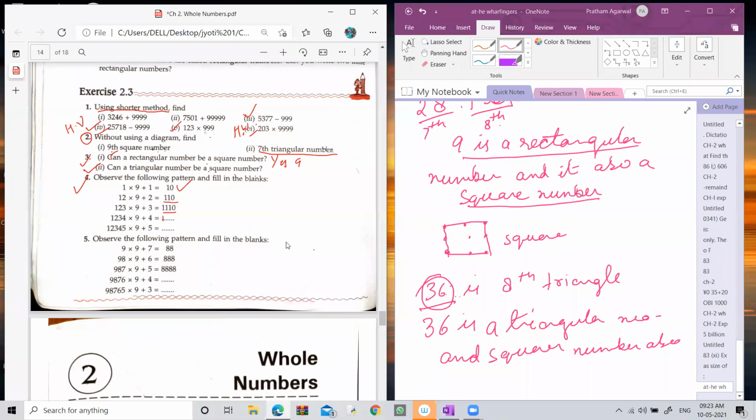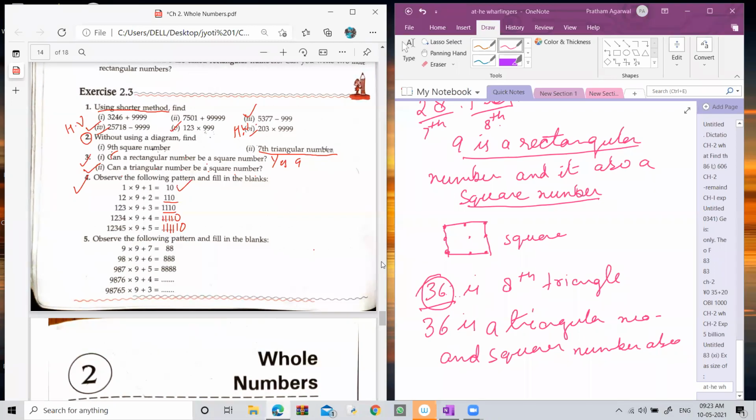Now in the next step, how many 1s should be there? 4 ones and 0. Now in the next step, after 4, how many ones? Five. 5 ones will come, then 0. Ma'am, do we have to write in the copy? Yes. Do question numbers 4 and 5 in a book.